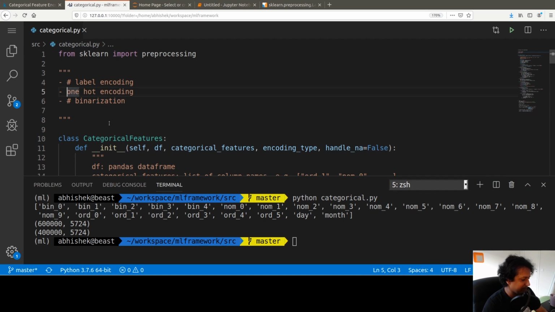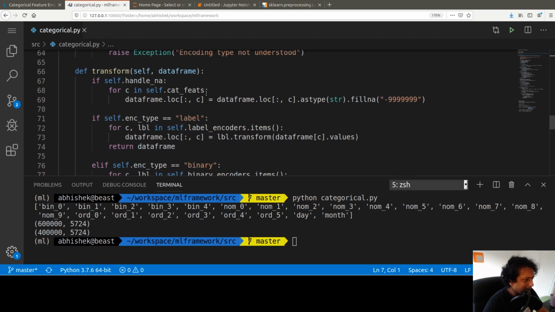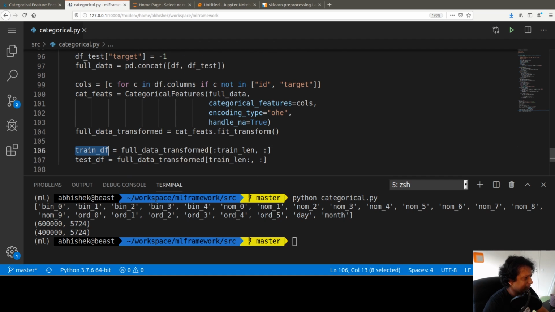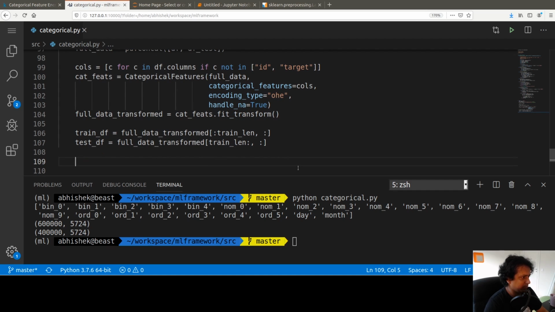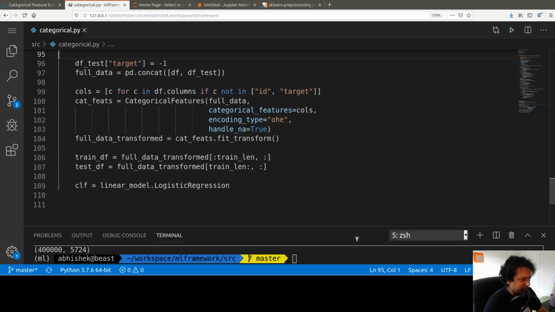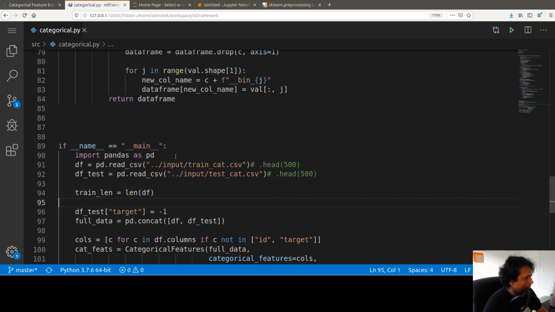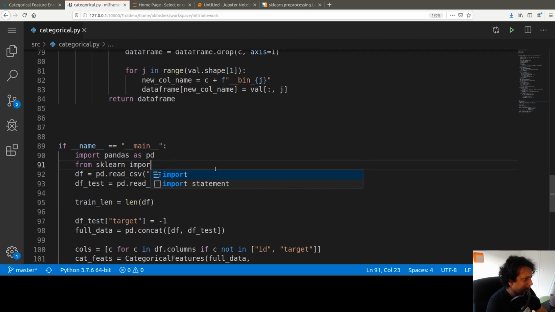This is not everything that you have in categorical features, but since we are doing this, I was wondering why not just make a very simple model and try to submit it and see what happens. We already have the train data frame and test data frame, we have everything that we need. What we want to do is train a simple model. So I will say, okay, my simple model is logistic regression, and I need to import that. Let me make this small for you. Okay, so from scikit-learn import linear model,